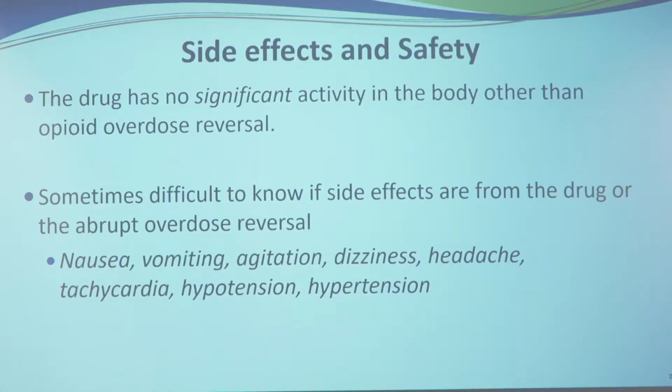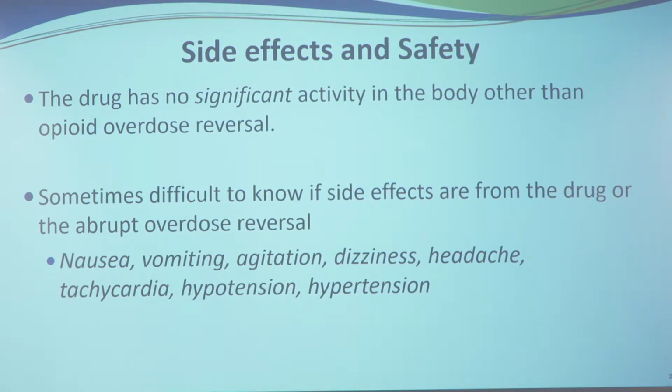A little bit about the side effects and safety. Again, naloxone is very unique. It only does one thing in the body, and that is that it blocks the opioid receptors. Now, there are some minor side effects that it has, but that is the most significant one. And most of the side effects are really difficult to know whether is it the drug that's causing it, the naloxone, or is it